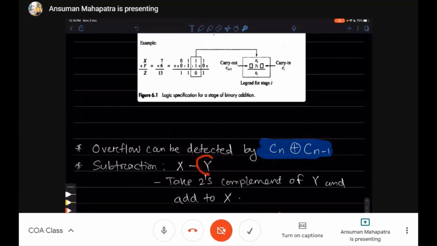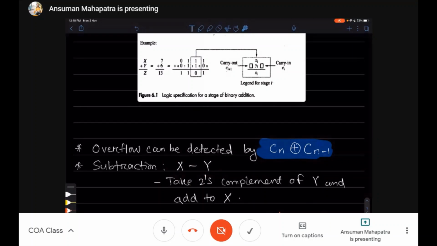Whatever is on the y side, take its 2's complement, then add that to x. Very simple. That is equivalent to x minus y.